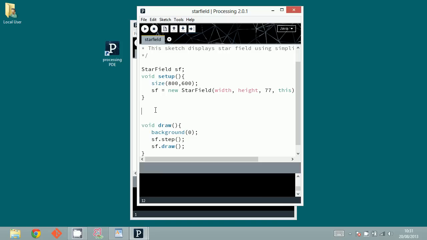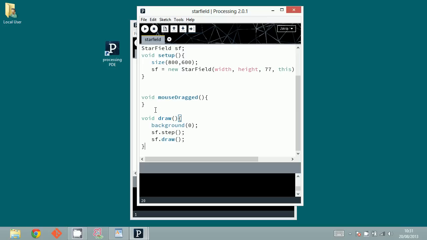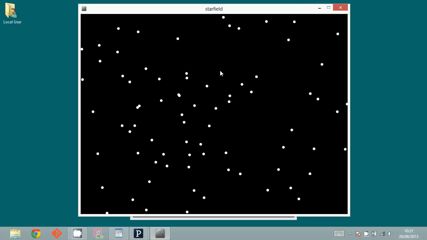You can even play it a little bit differently. You can update the stars only when your mouse is moved. So if you cut it in when your mouse is dragged. So if you put this one over here, you can see the stars are not moving, and as I move